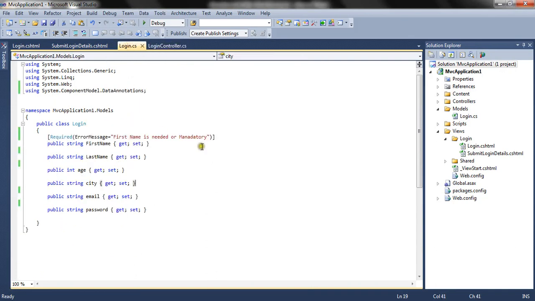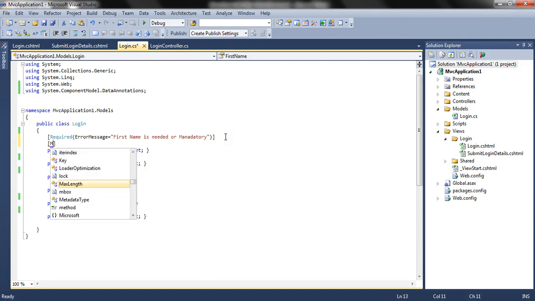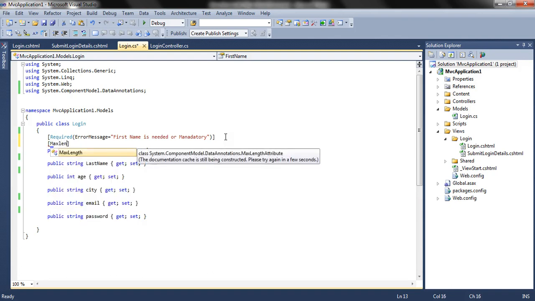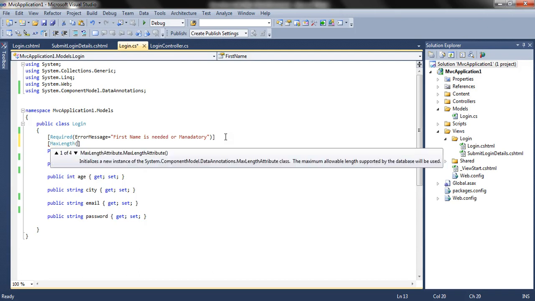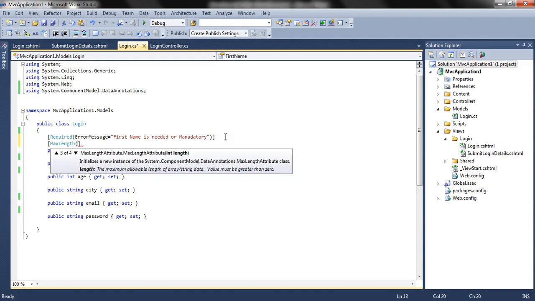Now our next property to be explored is max length. Now suppose we want our first name to be less than 20 letters. I mean, we don't want user to exceed 20 or 30 letters. So we can use max length property which accepts int length, means it accepts the maximum number of length. So we say it's 20